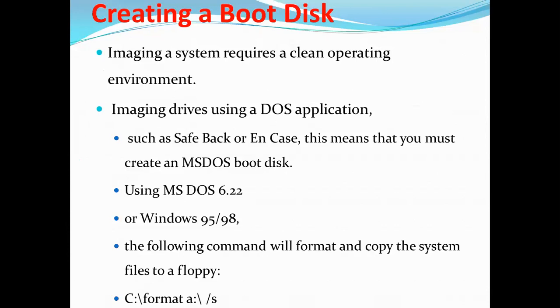Then we have to create some bootable media also. When you are working on the evidence, when you are working on the creation of the duplication, you have to create a few things. The first is creating a Linux boot media, creating a boot disk, and duplicating with an open data duplicator, that is ODD, creating a qualified bootable disk, and creating a qualified forensic duplicate within a safe bag. These are all the creations we have to do before the evidence processing.